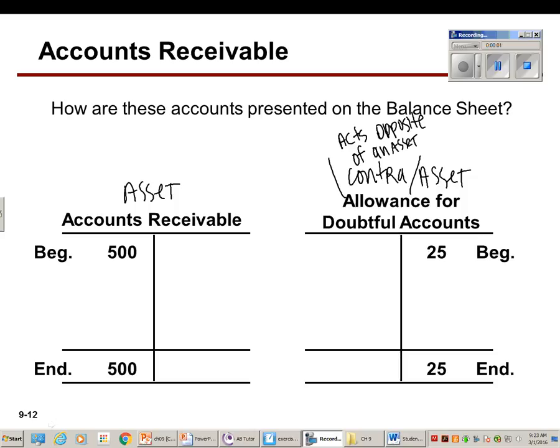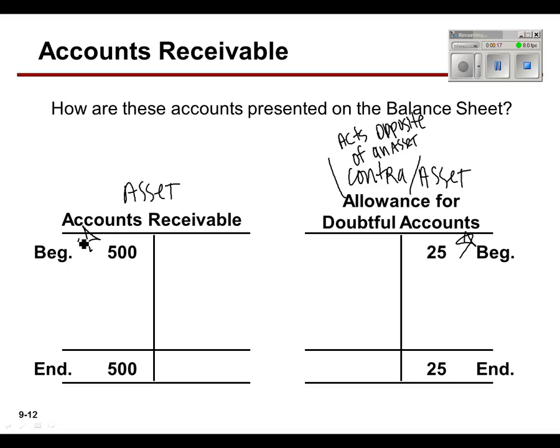The two accounts we're going to look at: an asset, accounts receivable. They owe us $500. And the new account that we're learning about is called the allowance for doubtful accounts. You need to know that that's a contra asset. It's going to have a normal credit balance versus a normal debit balance to offset what's happening in the asset. I add a Marsism to this account: the allowance for doubtful accounts,